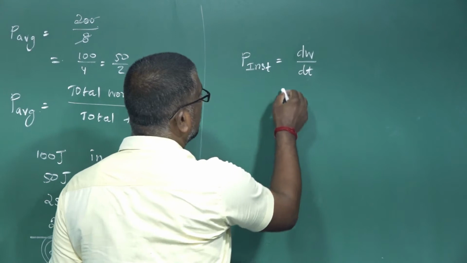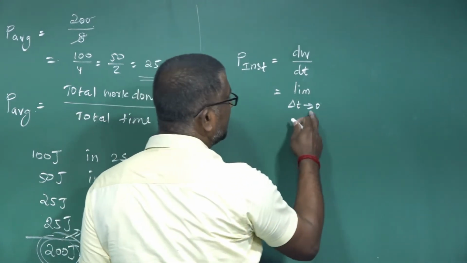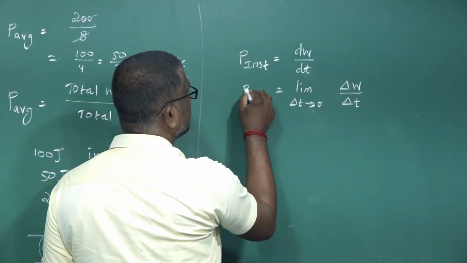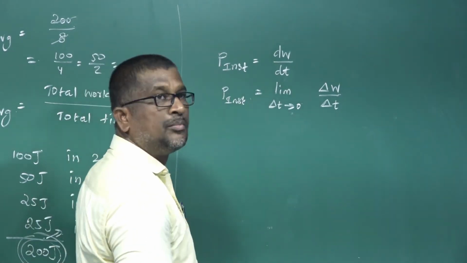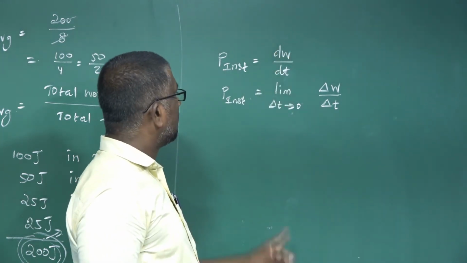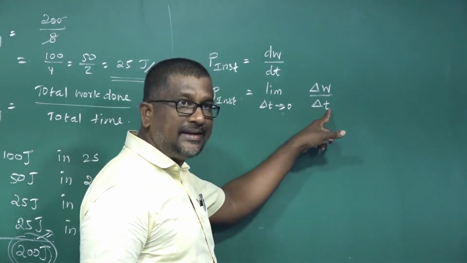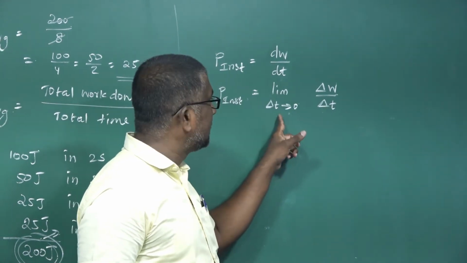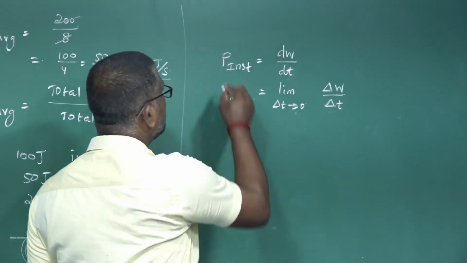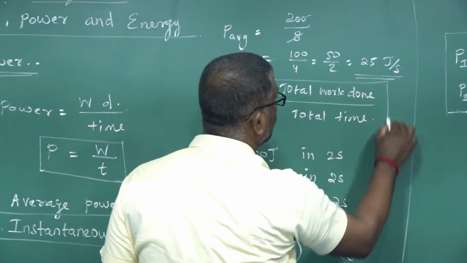dw divided by dt, or otherwise limit del t tends to 0 of del w divided by del t. So instantaneous power is given by P suffix instantaneous is equal to small dw divided by small dt, or another formula, instantaneous power is equal to the limit of del w divided by del t as del t tends to 0, that is, del t approaches 0. Right. So these are the expressions for instantaneous power, and average power is equal to total work done divided